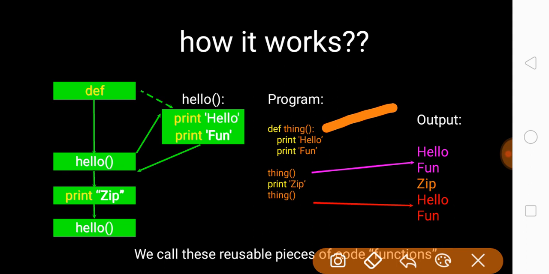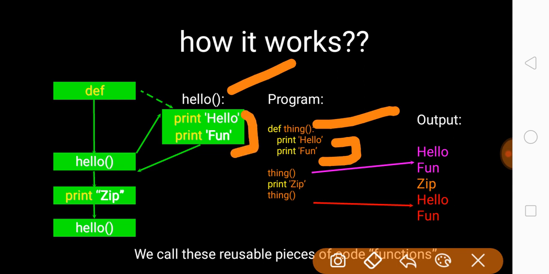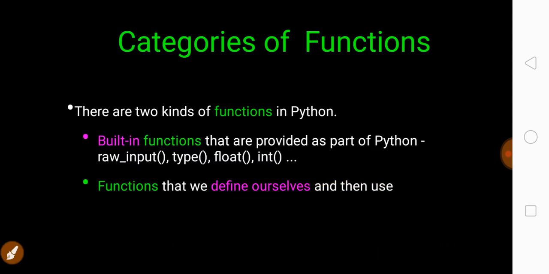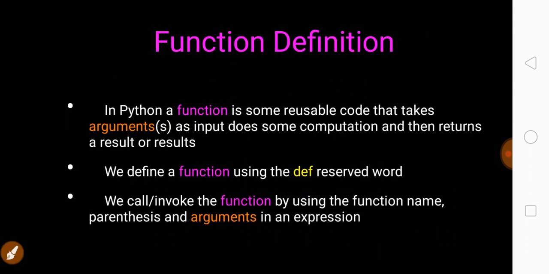In order to write any function structure or function body, we must use the def word to define the function, and it is followed by the body of the function. So this is the function name and this is the body of the function, and similarly over here, this is the function name and this is the body of the function. This is for the example, and we must use the def word before the word hello, otherwise it won't work. Getting it? So this is the explanation of the first and second lines.